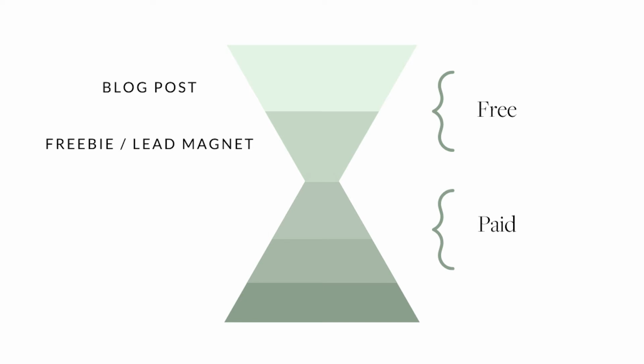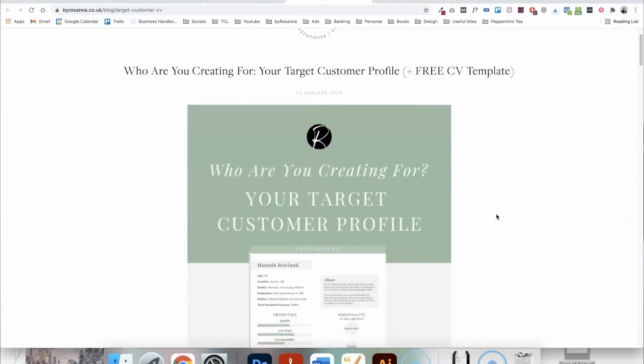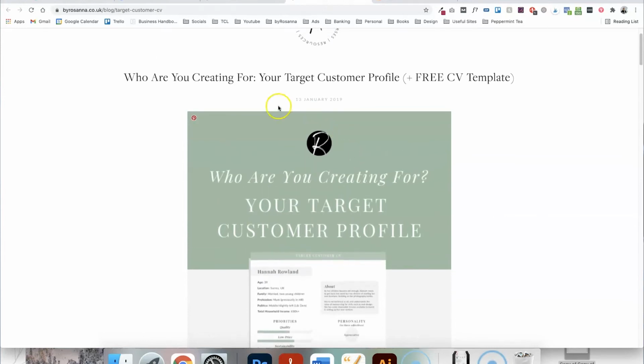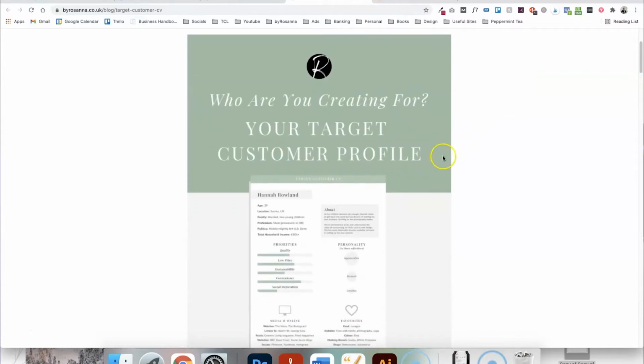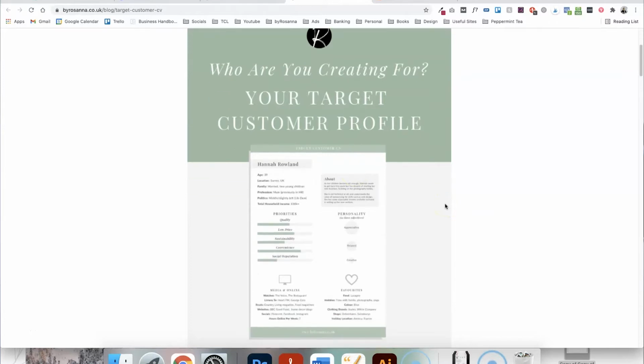Let's move on to thinking about the freebie or the lead magnet of what you're actually going to give people once they sign up to your email newsletter list. So here is an example of a freebie that I have on my website. It is my Creating Your Target Customer Profile, and I provide a free CV template that people can edit in Canva or in Photoshop,